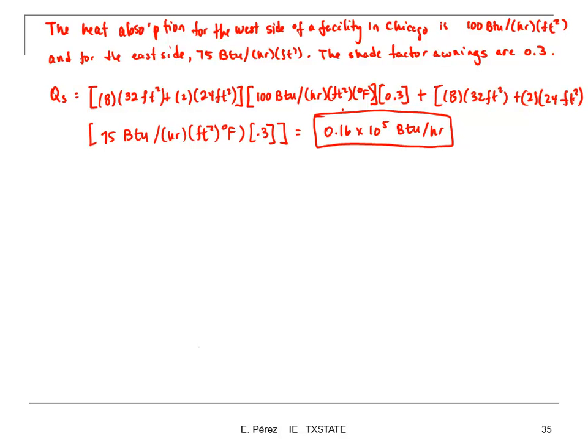So there are another 2 things that we need to consider now. The first one is the cooling requirement, or cooling load, from the lights. So how much load we need to cool the facility when we take into account the heating from the lamps, and also the heating provided by the personnel, the people inside the facility. How are we accounting for that heating, and how does that affect the load? So for the cooling load for the lighting,